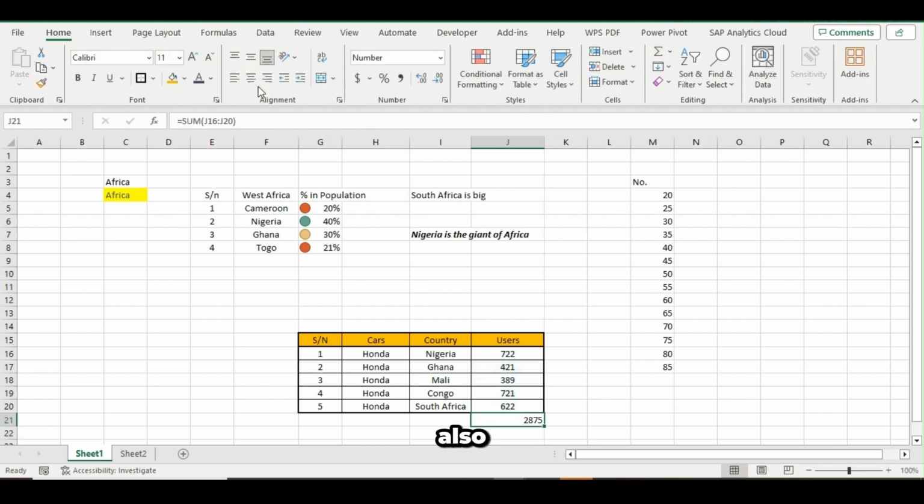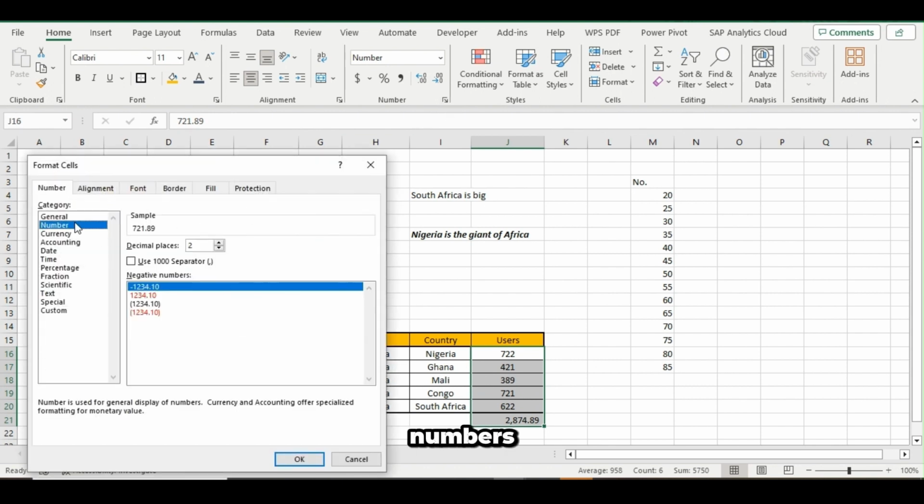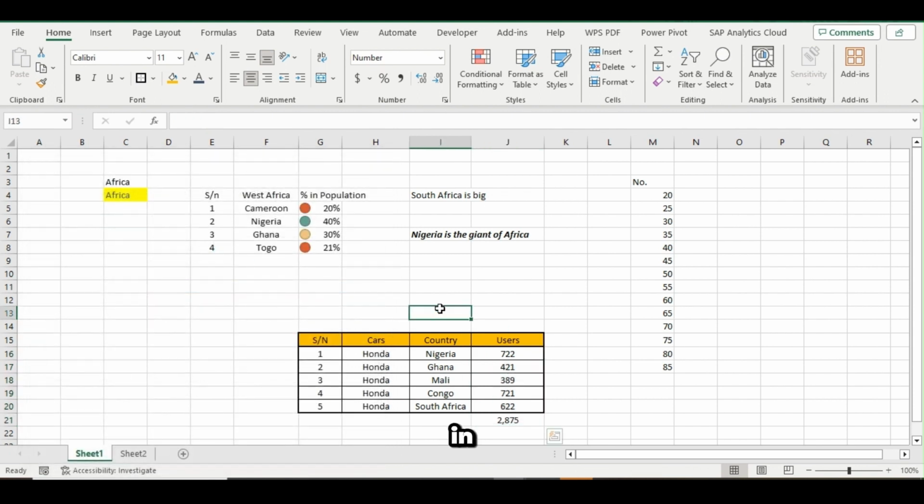Then you can also put it in the middle. Then if you need to put a comma, for example, so it has some fractions, you can just do like this again. Come here, click on numbers,